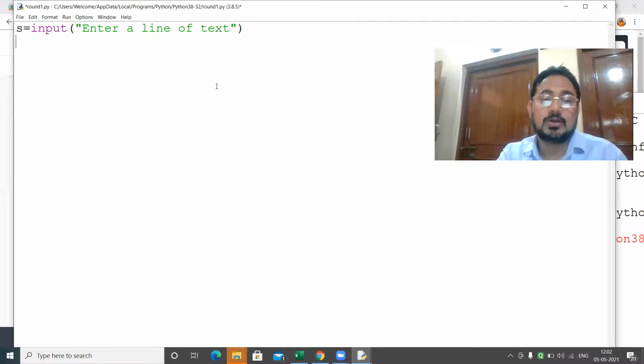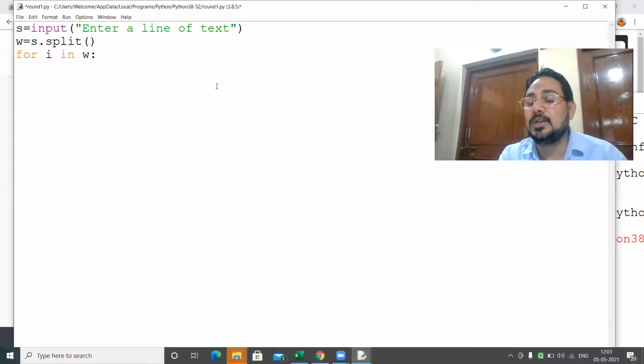So I will just split it. W is equal to S dot split, and then I will use a loop, for I in W. Each word is now in W, in list form.